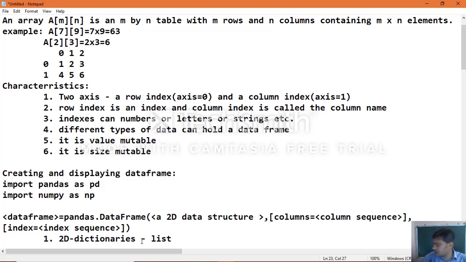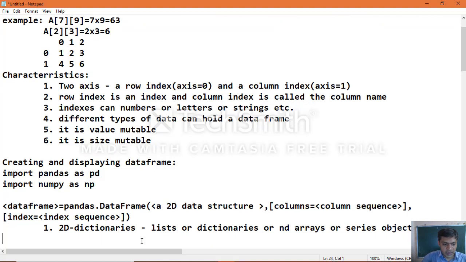It may hold a list, or dictionaries, or ndarrays, or series objects. So that is one way you can pass the data for a data frame.